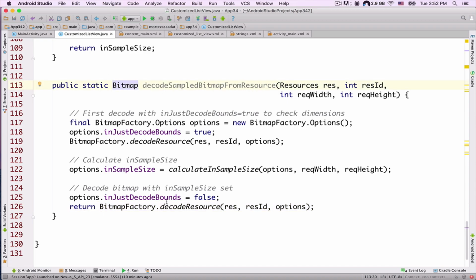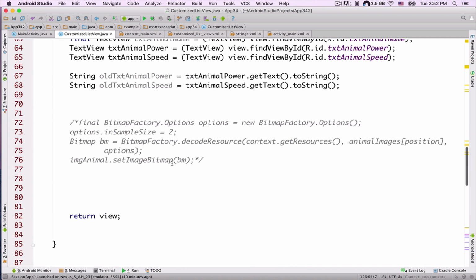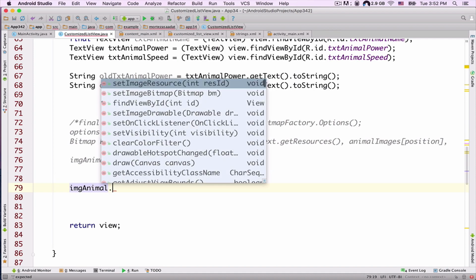Return BitmapFactory.decodeResource with res, resID and options. As you can see, it refers to these resources. Okay, now let's go back to our getView method, and here let's type in imgAnimal.set